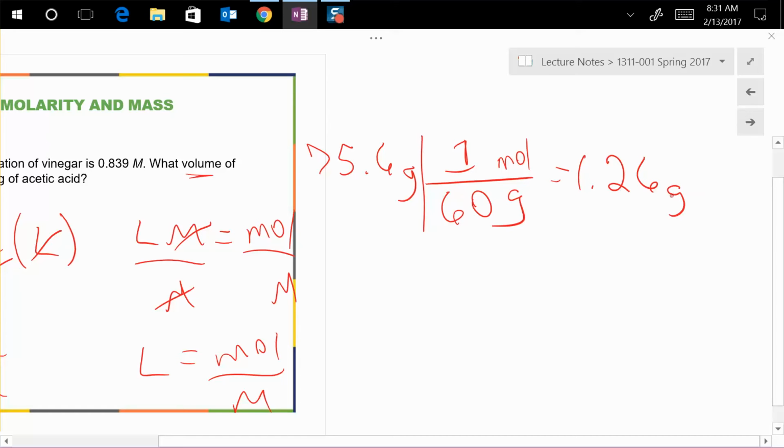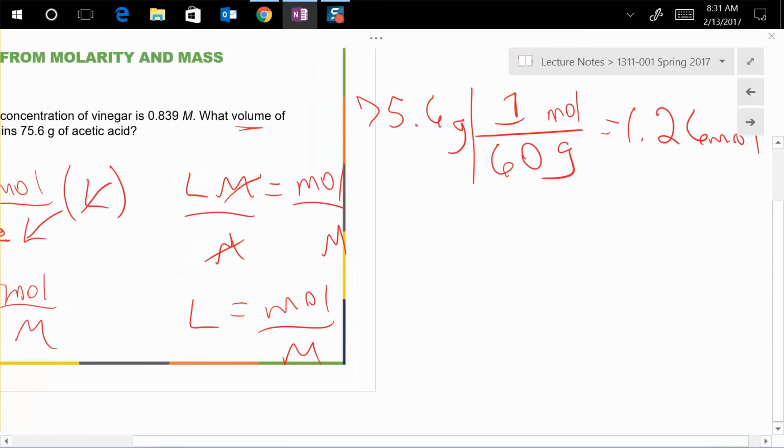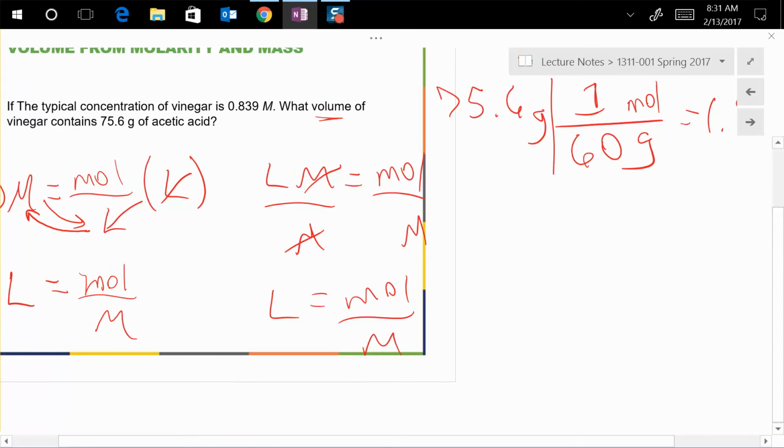Grams per mole, well, we'll just say grams. Grams of acetic acid. Okay? So that's moles. Okay? 1.26 moles of acetic acid. All right, that's what we're solving for. So that's going to go here in the equation, 1.26 moles. Now the molarity they gave us to be